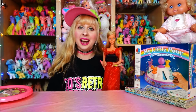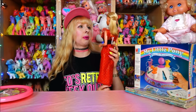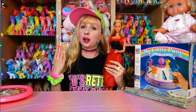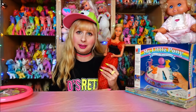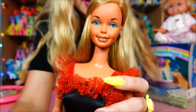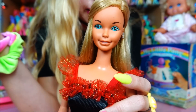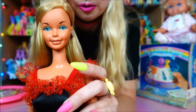She's big, right? Yeah, because this is not your normal 11-inch Barbie fashion doll. I always want to say My Size. No, there are also My Size Barbies, but those are even bigger. This is a super size Barbie. She is from the late 70s, so she already has the Superstar face. So she is a Superstar, super size doll, but there were no dolls of that size before they turned to